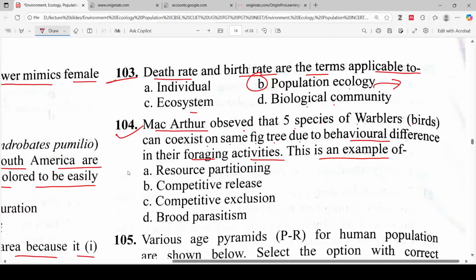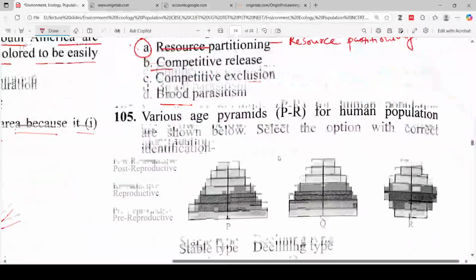This example is called: A, resource partitioning; B, competitive release; C, competitive exclusion; D, brood parasitism. So the correct answer will be option A, resource partitioning. Next question,